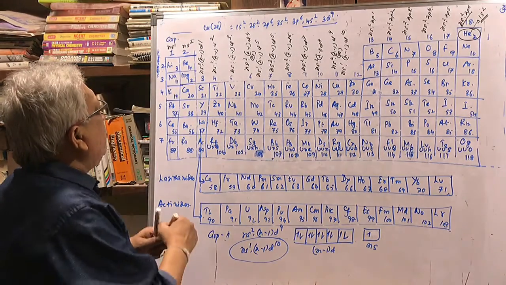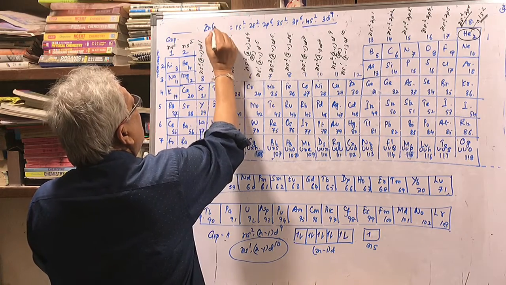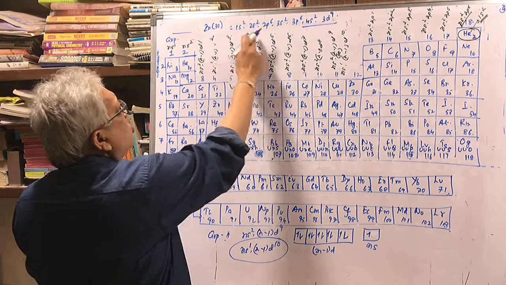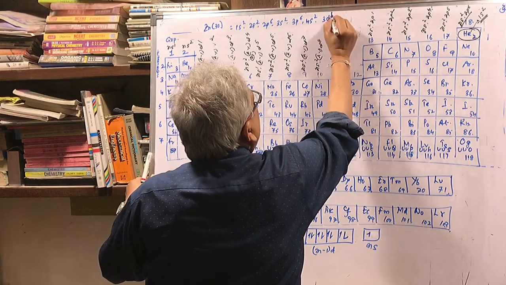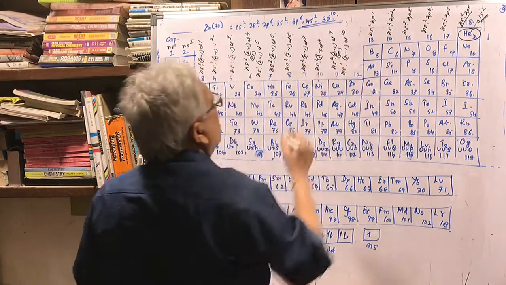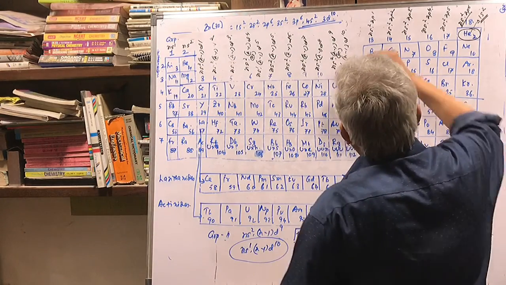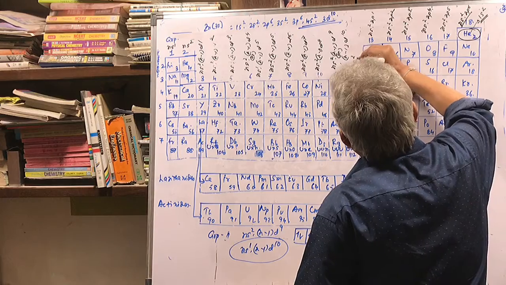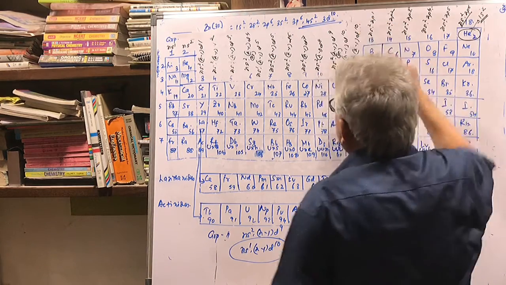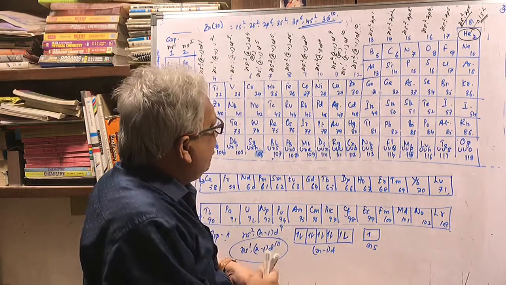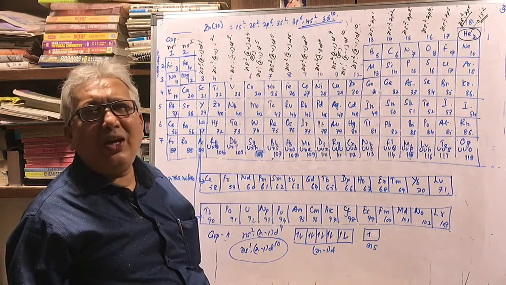Now I'm coming to group 12. For that, if I see zinc, I think I'll be able to understand. Zinc, atomic number 30: 1s2 2s2 2p6 3s2 3p6 4s2 3d10. So the outer configuration is 4s2 3d10. That means the outer configuration is ns2 (n-1)d10. So they all have this same configuration, so they have got similarities in their properties.